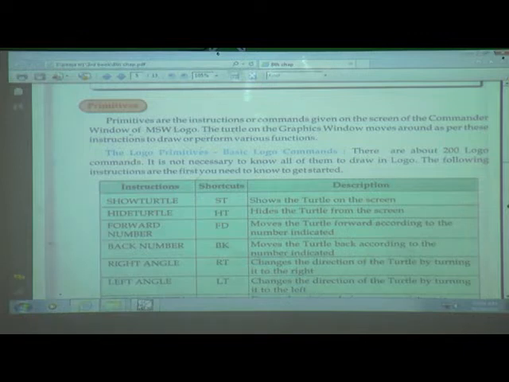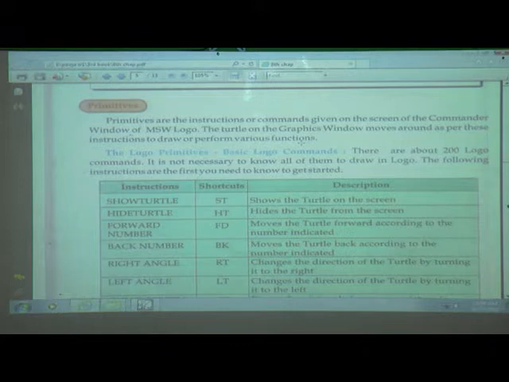The turtle on the graphics window moves around as per these instructions to draw or perform various functions. It moves as per the instructions.